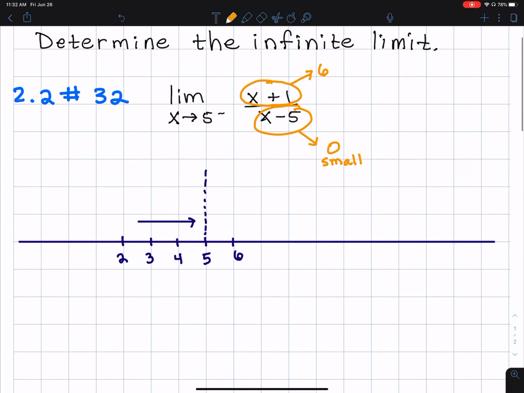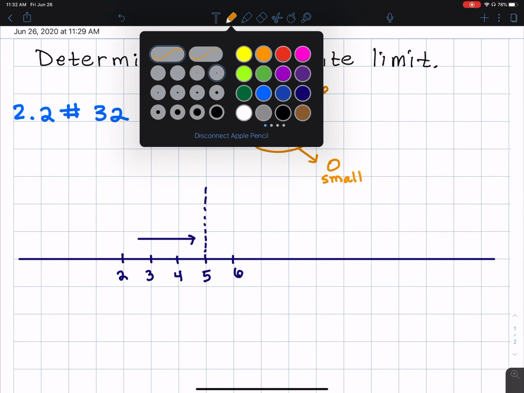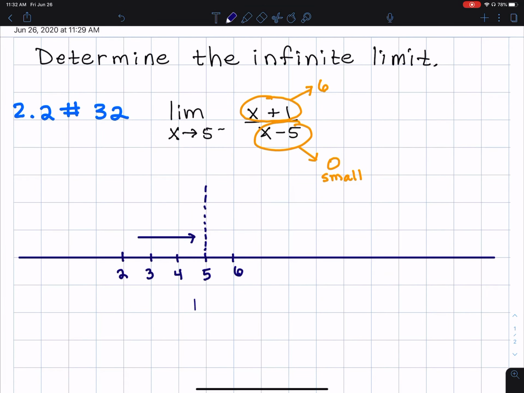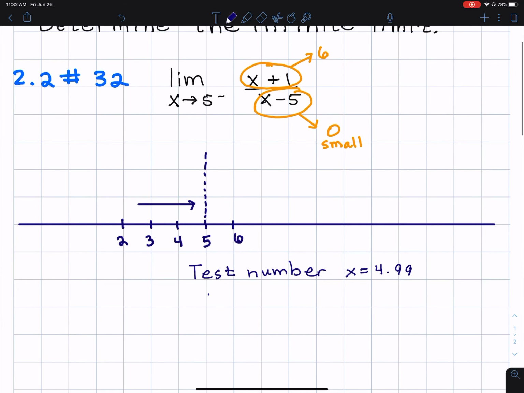Okay, so what I'm going to look at now is if I have x coming to the left of 5, I can use a test number, and it doesn't really need to be that close to 5, but I'll just pick x equals something I think is sort of close, like 4.99, but maybe you can just put in 4. Then I'm just looking at x minus 5. X minus 5 is 4.99 minus 5, and really the point is that it's negative,